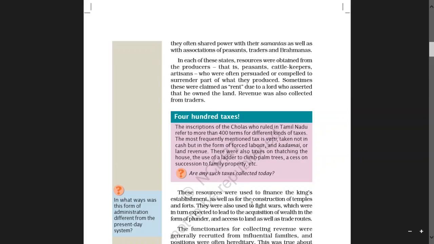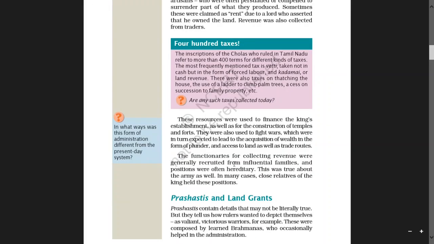They were also used to fight wars which were in turn expected to lead to the acquisition of wealth in the form of plunder and access to land as well as trade routes.